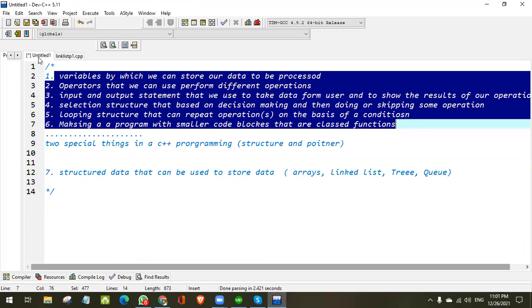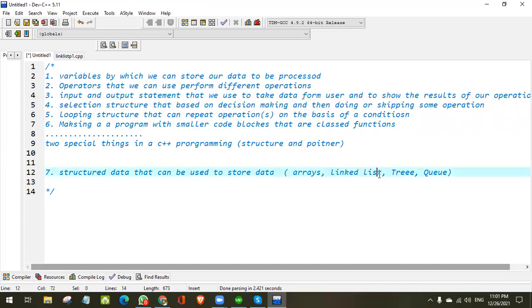So, for example, when you're creating a data structure, when you're creating the linked list, you create the header of the linked list, which would be a structure variable. What would be the variable for that one? Like the linked list here. Variable. You are going to create a linked list.